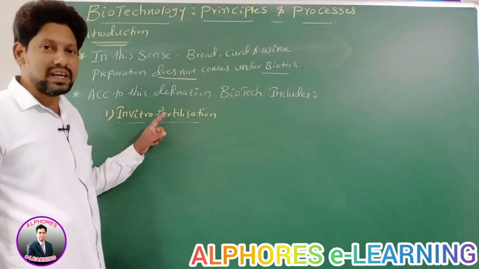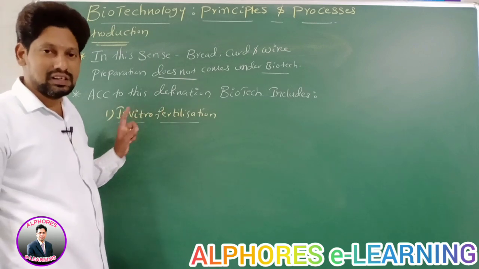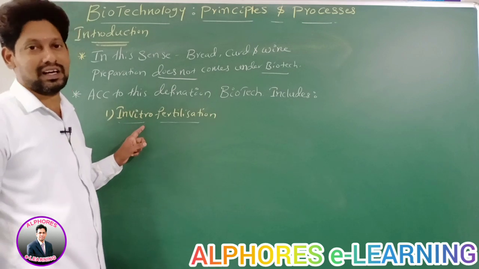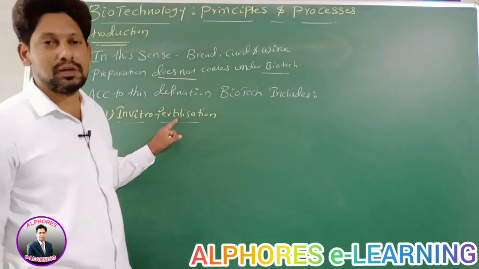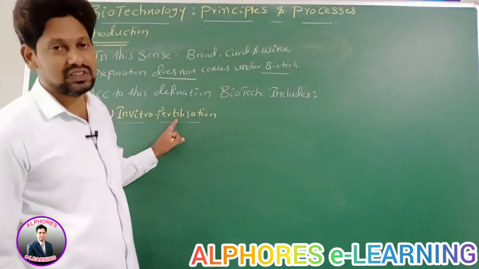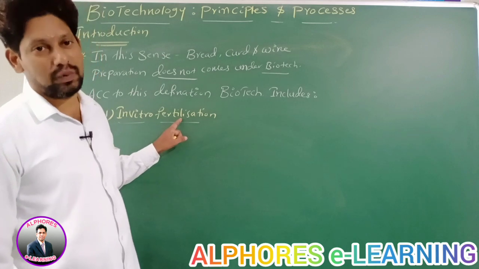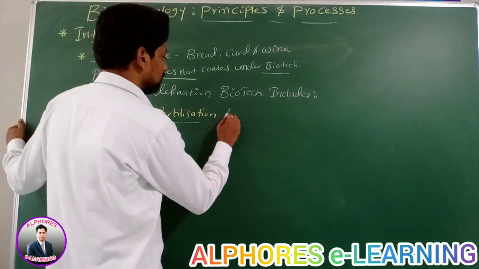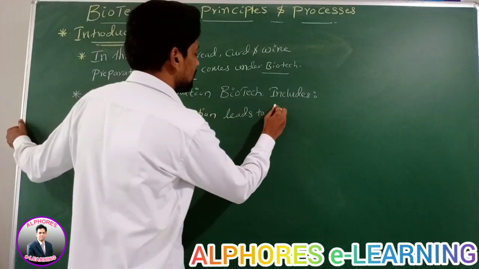It means male gamete is fused with female gamete, right, in vitro conditions. Okay, that is in laboratory conditions inside the test tube. Sir, if male gamete is fused with female gamete, what is formed? Zygote. Zygote develops into embryo. Embryo develops into a new offspring. Yes or no? Therefore, in vitro fertilization, which leads to test tube baby,